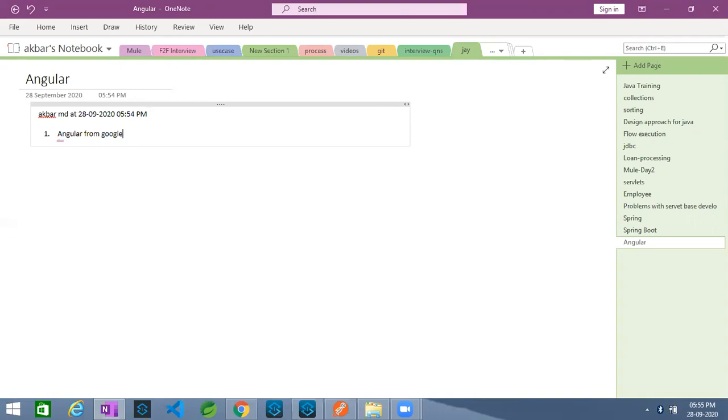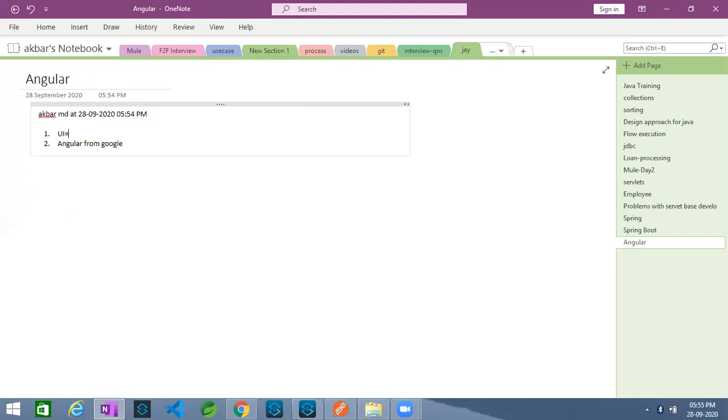So Angular is a widely used UI framework. Earlier than Angular, various frameworks were available. Prior to Angular, suppose you want to develop any user interface, I can segregate the user interface into three components.